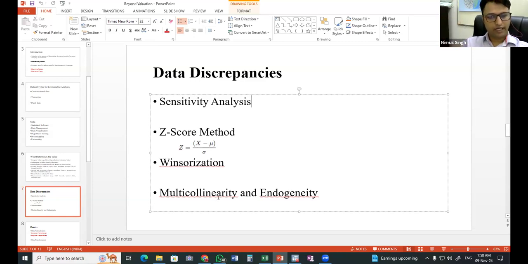And multicollinearity and endogeneity issues. For example, we have taken some independent variables, say debt to equity ratio and return on assets. If we find there is a high degree of correlation, positive or negative, then the results we are getting will not be the true coefficients. The coefficient of debt to equity, or of return on assets, will not be the true coefficient.